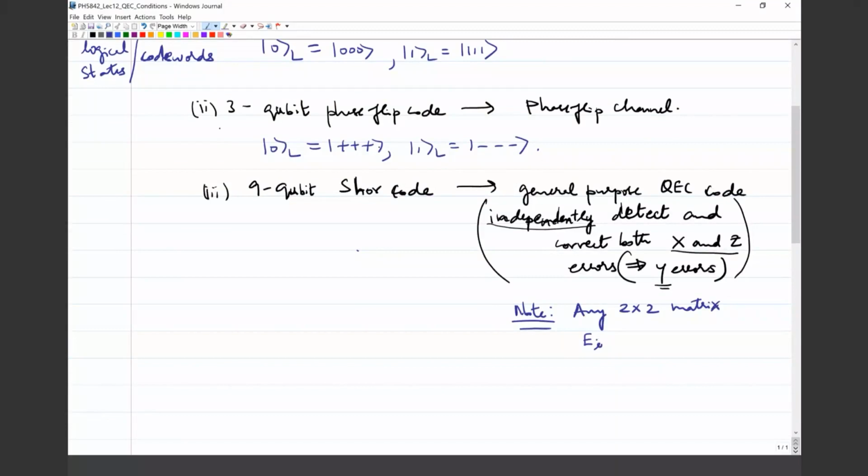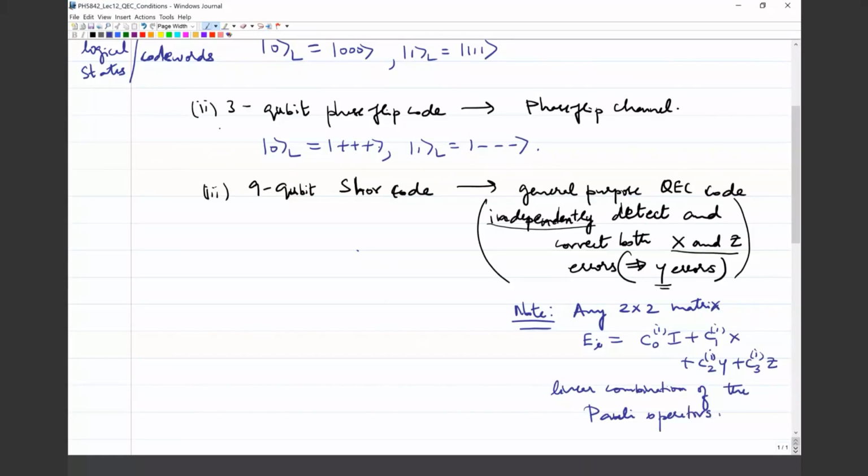And any 2 cross 2 matrix can be written as some c0 identity plus c1 X plus c2 Y plus c3 Z, right? So it can be written as a linear combination of the Pauli operators,